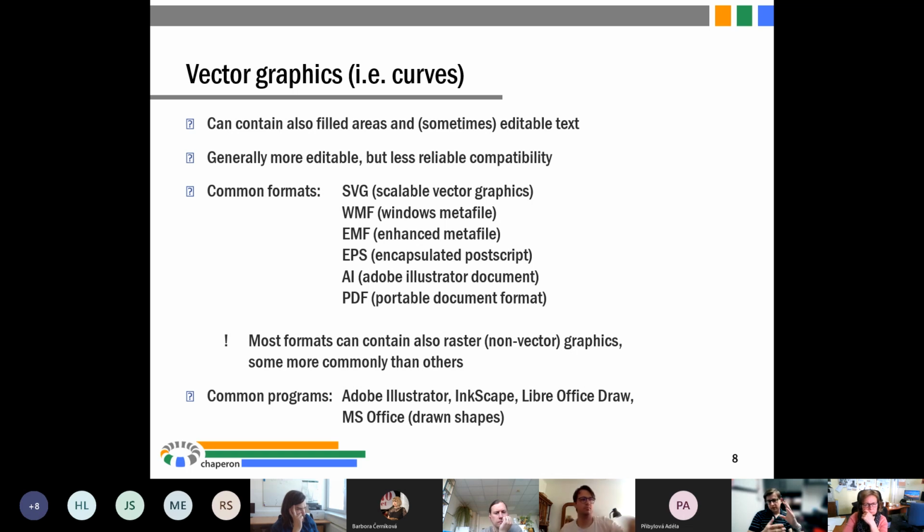The slight trouble with these vector formats is that almost all of them can also contain these small pieces of raster images. For some of them it is quite common, let's say for PDF. For some of them it's really rare, but just beware that this can happen. And common programs for editing vector graphics are Adobe Illustrator, Inkscape, LibreOffice Draw, and